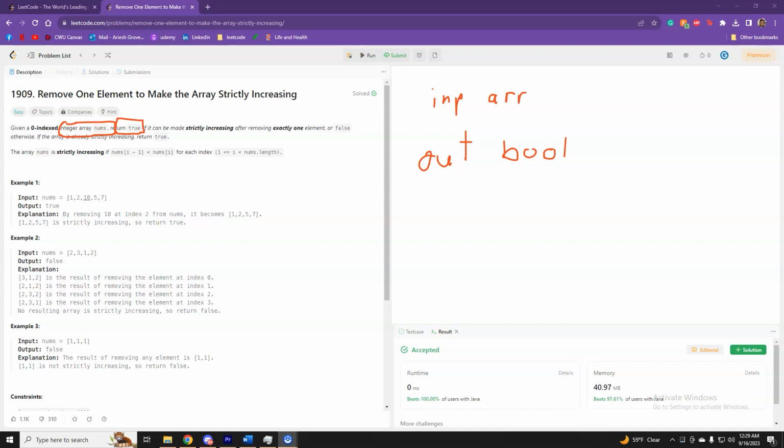Alright? And then the other interesting part is their definition of strictly increasing. That means nums[i] cannot equal nums[i + 1]. So then, looking at example 1, we can see, okay, so nums is equal to 1, 2,